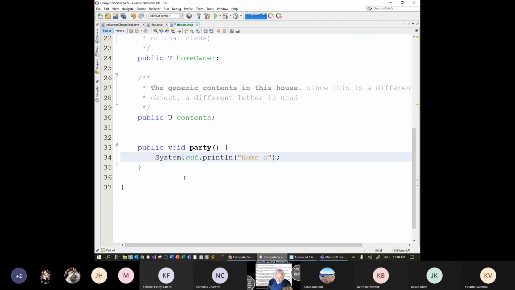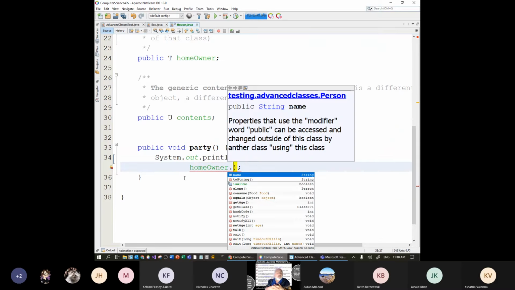The homeowner, okay, slash new line, okay, plus, well, I'm going to go to the homeowner dot, because the homeowner is restricted to class Person, notice that when